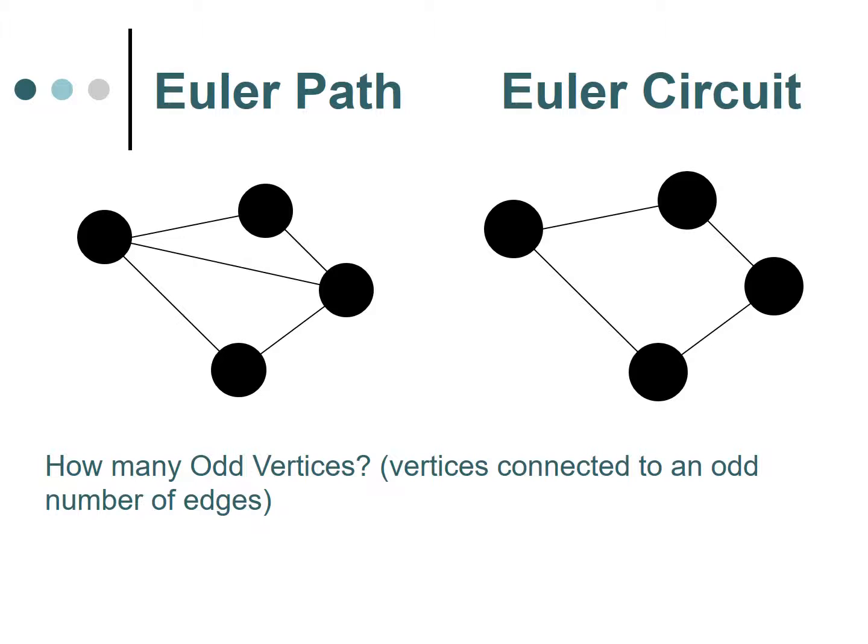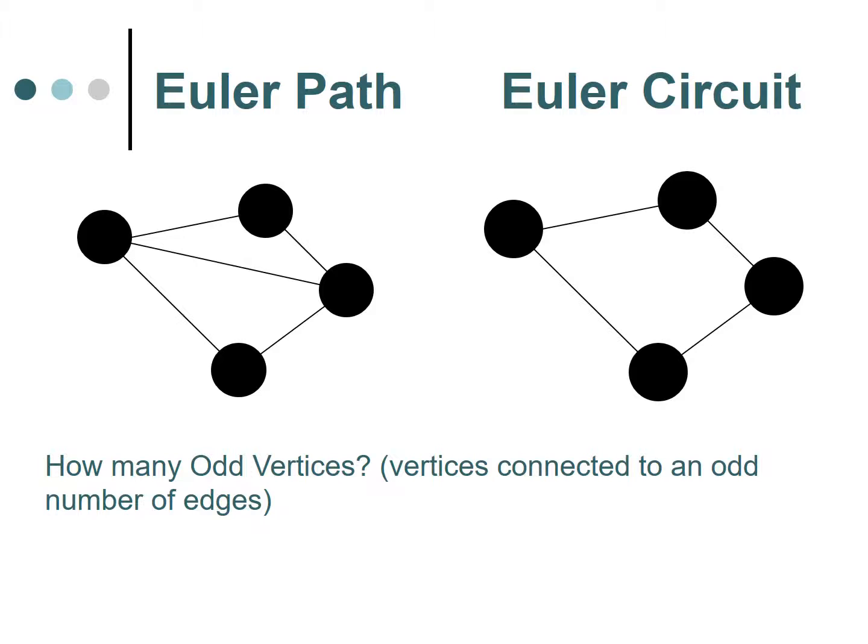If we go to the top one, we see there are 2 lines that go into it. It doesn't matter that it's shared with the other point, it's just how many lines go into this point. And 2 is an even number, so that's an even vertice. We look at the one on the right of the Euler path, and there are 3 lines that go into it. And 3 is odd, so it's an odd vertice. And if we look at the bottom one, there are 2 that go into it, 2 is even, so it's an even